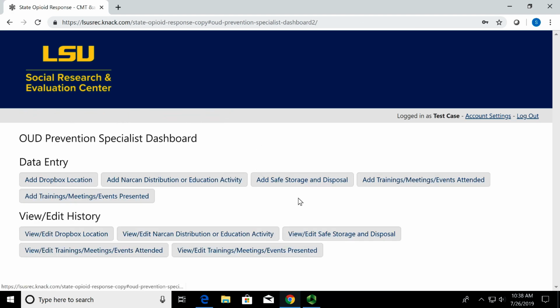Okay. The last two forms are associated with trainings, and we already talked about Narcan education. However, these two forms deal with every type of training, meeting, or event that is not covered in these other forms, and in particular Narcan-related educations. This form in particular for the trainings, meetings, events presented is important to understand in relation to this form here,